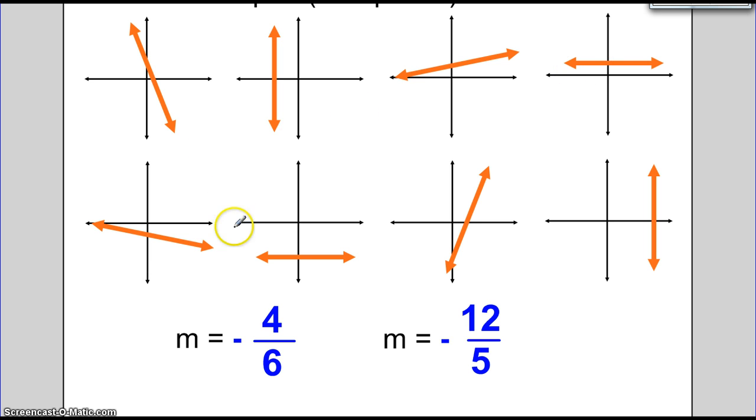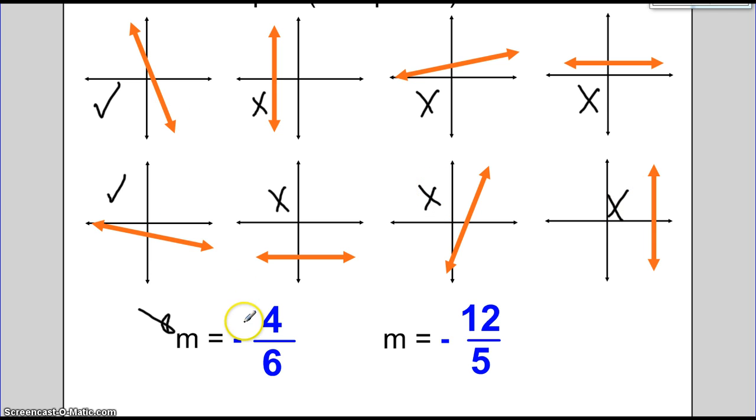If we want to figure out what slope this one is, which picture it is, we need to know that a negative slope goes this way. So we either know it's this one, can't be that one, can't be that one, that's a positive. That one is 0, so it can't be that one. That's a negative. Nope. Nope. And that's undefined. So there's only two options I can have for a negative 4 over 6 or a negative 12 over